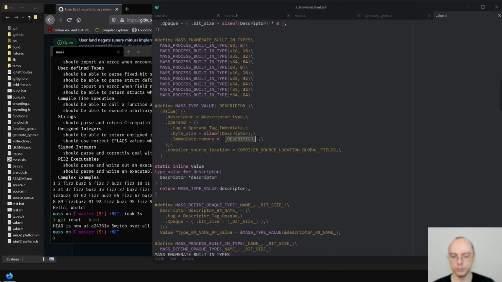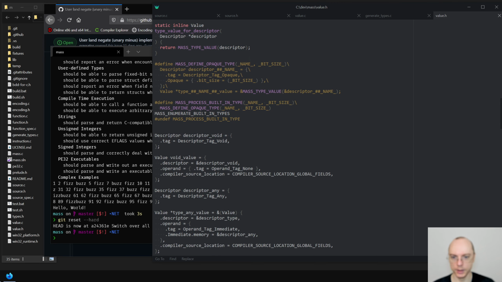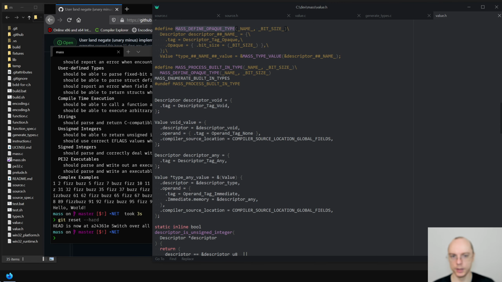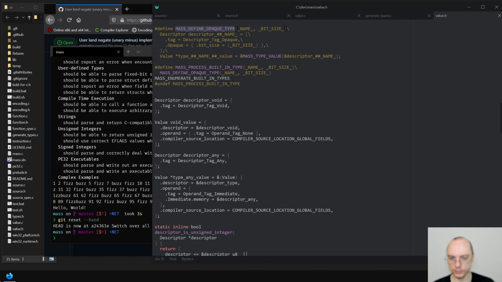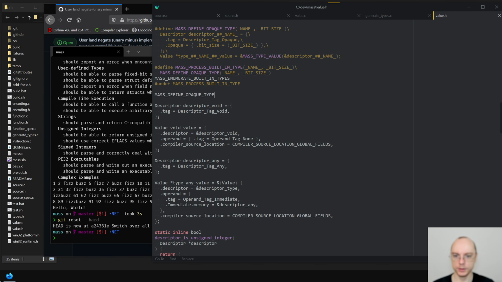So this is descriptor. Okay, this is a type. It's not exactly what we want. Value type is okay. So let's try it out. Mass define a pack type. We want a bunch of them for registers of different sizes. So that would be register 8, and bit size is,